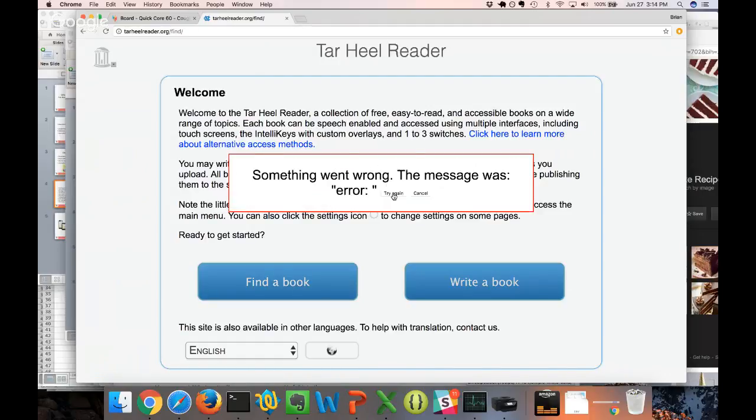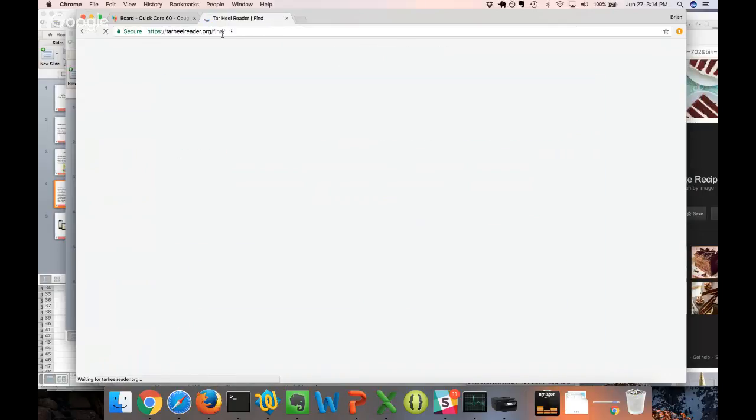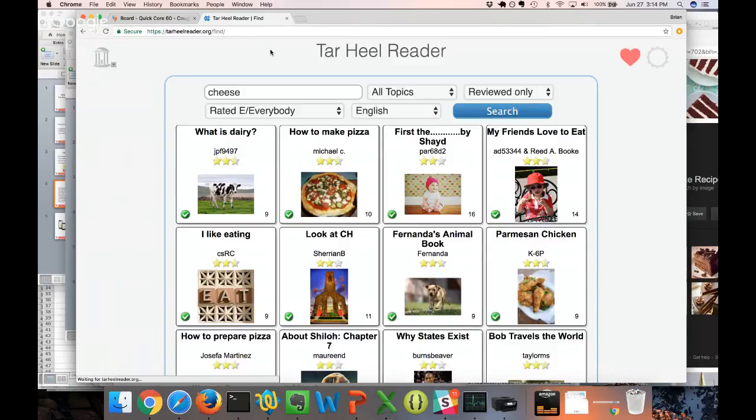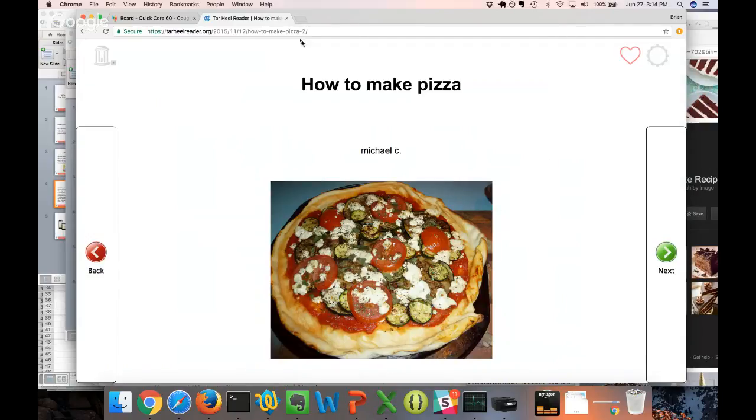Did I break Tar Heel Reader? There we go. How to make pizza. So let's say this is the book that we want to use. So I can paste the link in,